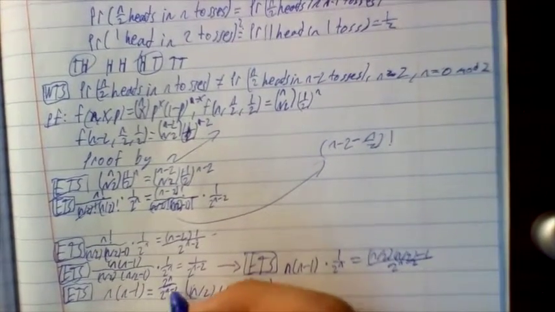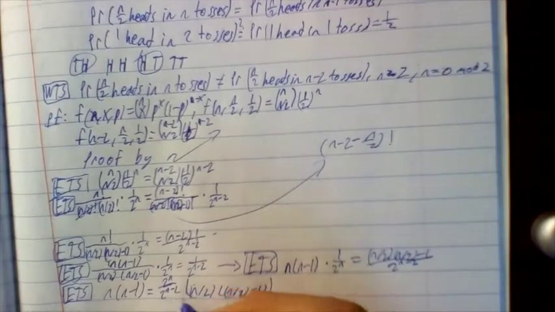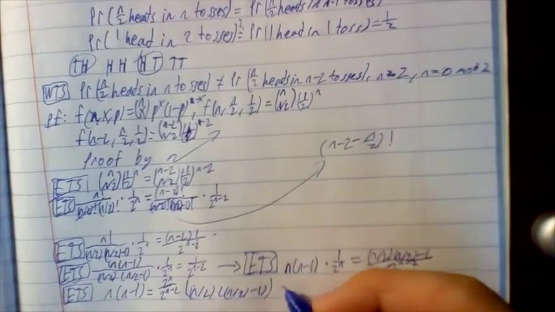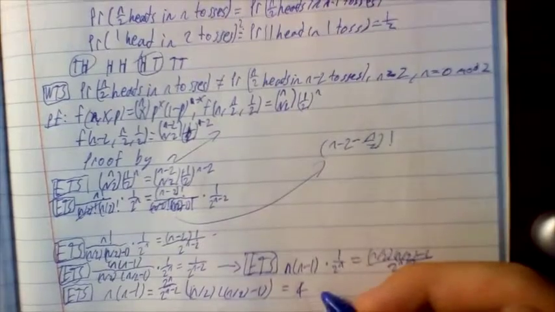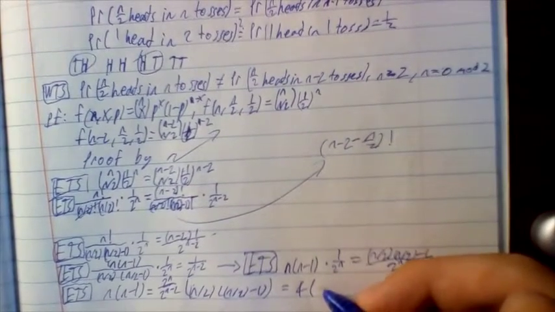Now, this over here is just simply equal to 4, because what we have left is 2 to the power of 2, and that's equal to 4, so we can rewrite that as 4 times n on 2